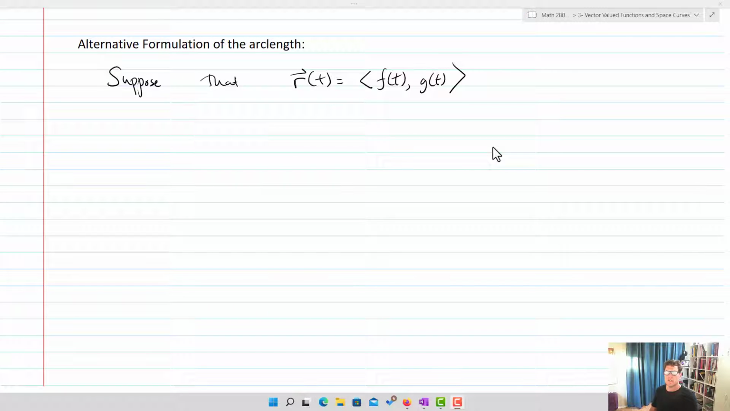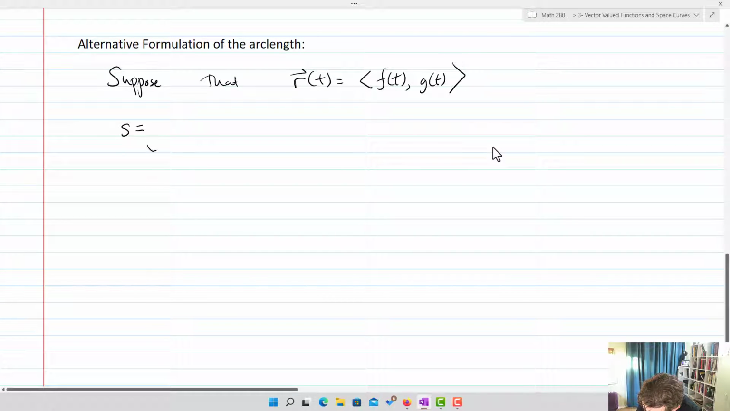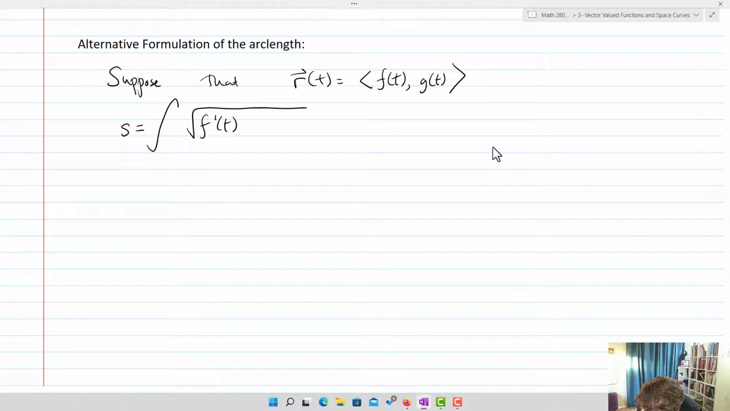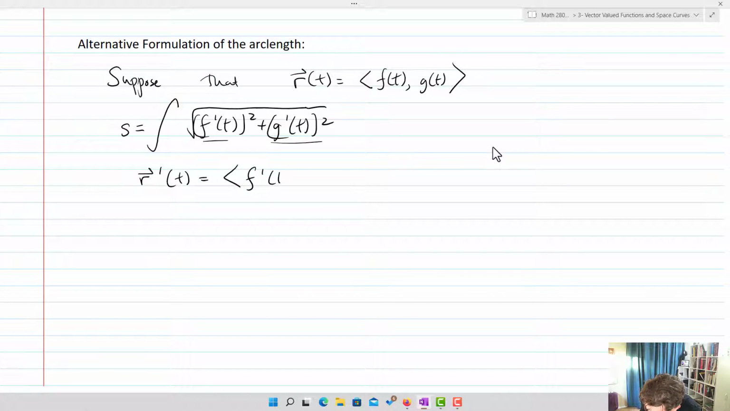Now, let's next suppose that r of t is written in vector form. So instead of writing it as a standard unit vector, we're going to write it in component form, f of t and g of t. And so what we want to see is that my s is going to equal the integral of the square root of f prime of t squared plus g prime of t squared. What you want to notice is that if we take the derivative of r, r prime of t,